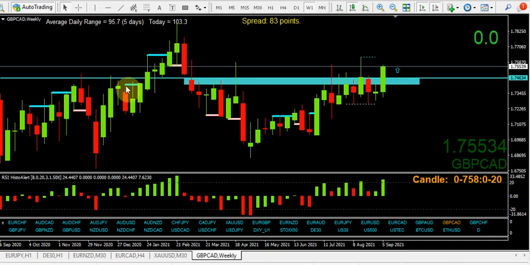3-candle reversal, it's broken resistance, comes back, tests it as support, and then goes up. 3-candle reversal here, broken resistance, causes a pullback. 3-candle reversal here, broke support, creates a pullback. So always be prepared for those pullbacks. 3-candle reversal here, broke support, pullback bar. Here, broke support, pullback bar.